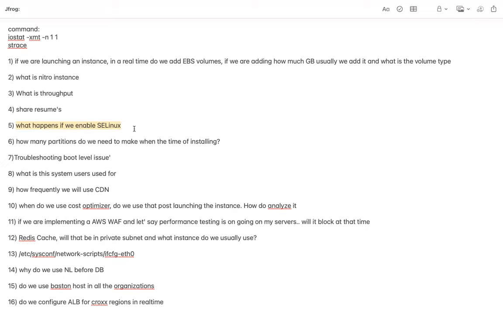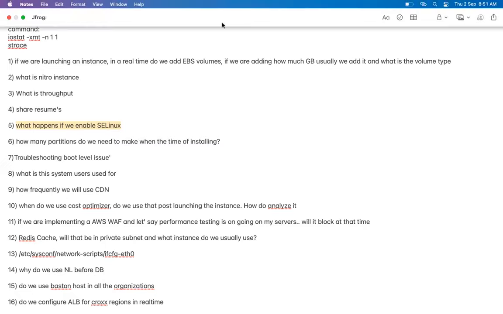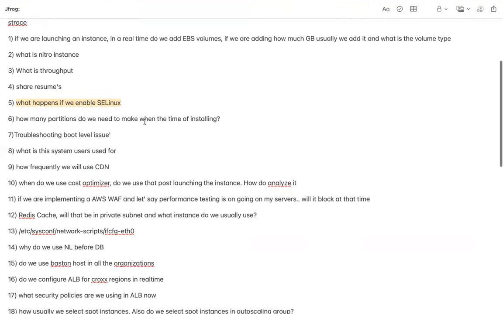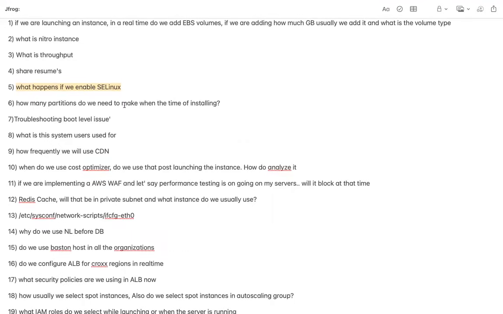For example, you are going to run HTTP on port number 8888. In that case, you will have to explicitly use semanage, a particular command used to add the additional context on that port, so that this port will be consumed for the HTTP service. So SELinux is known as Security-Enhanced Linux. If we are running Kubernetes, mostly I will disable SELinux.